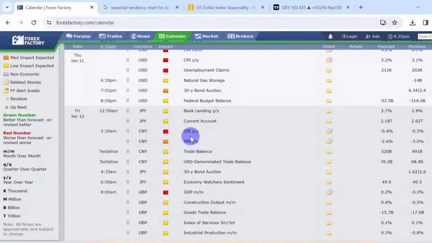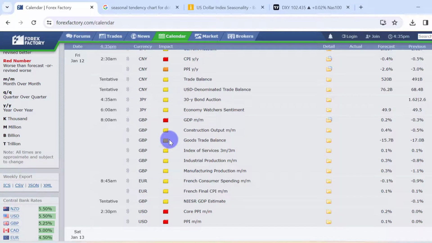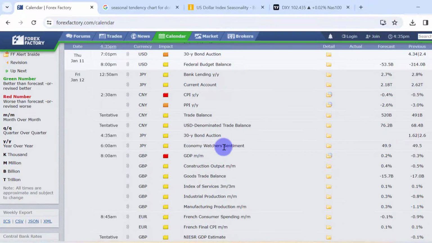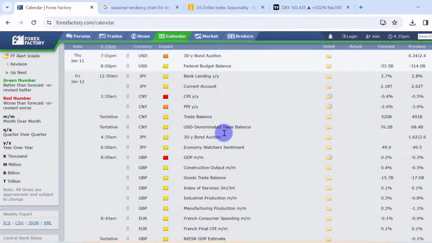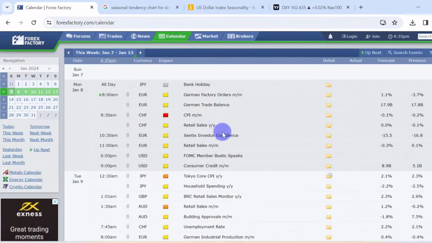I will have little expectation this week. Remember, seasonal tendency has already told us that we would see a little bullish price action on the dollar and much consolidation towards the start of the month of March. So in my head, I have low expectation and I expect price to trade within a clear range on the dollar index. So you just go through all of this, count through, and then pay attention to the ones that interest the pair that you are trading.